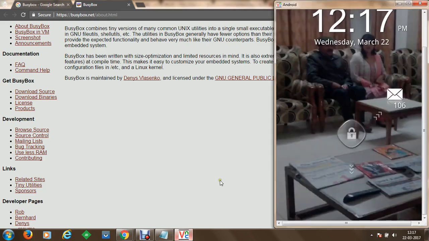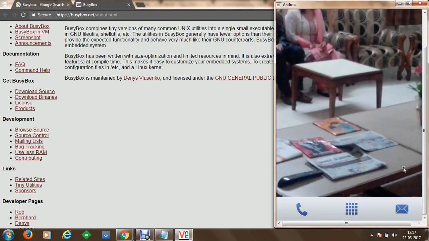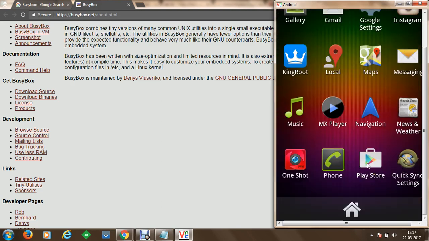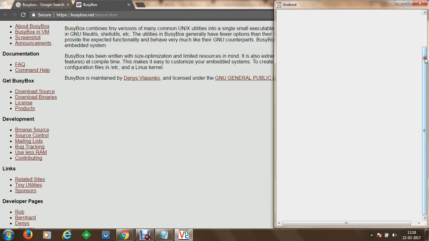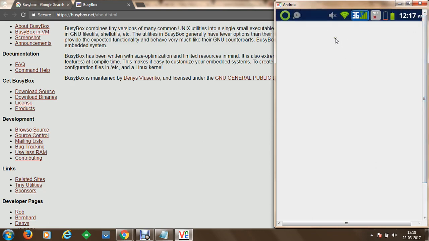Here we'll proceed to the device. On this Linux device, we are going to search for the application which is available on Play Store for BusyBox. We can proceed to Play Store, and on your Play Store account you can simply search for the BusyBox application and quickly download it. Once you have downloaded the BusyBox application, you also need to have a terminal emulator application installed so that you can execute commands on your Linux device.